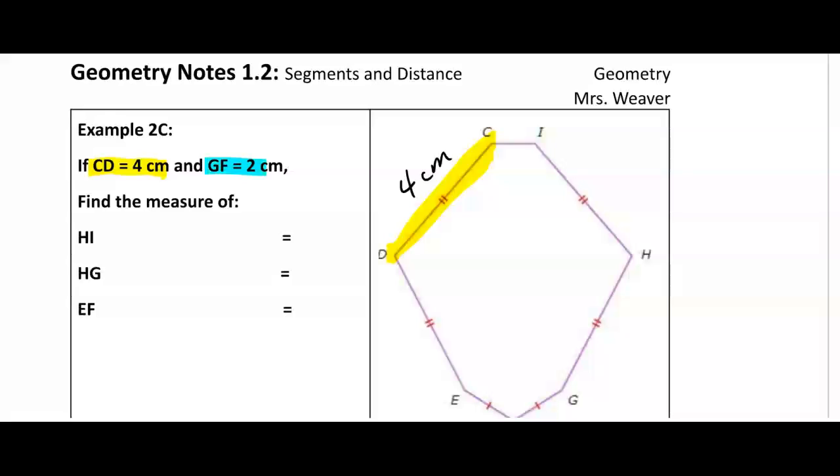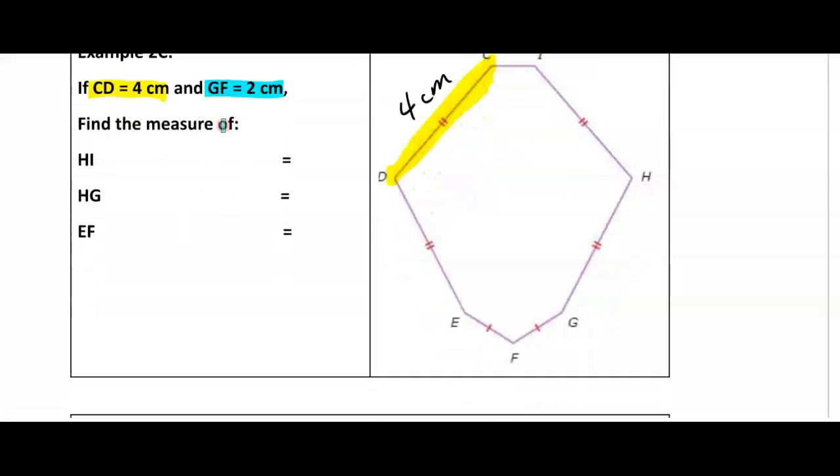And I'm told that GF has a measure of 2 centimeters. And I'm asked to find the measure of HI, HG, and EF. So you'll see I have a separate set of equal signs here. That's because in the middle, I want us to write which of our known segments each of these segments is